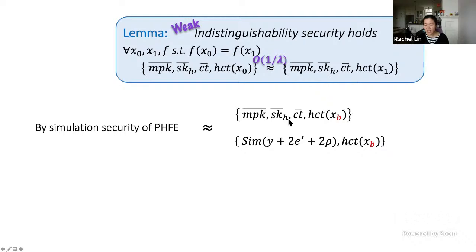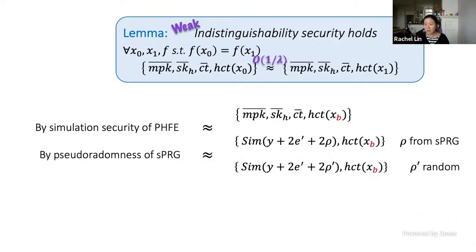public key, secret key, and the ciphertext all belong to the partially hiding FE. And it has a simulation security, so we can simulate these components using the output. The output computed by the partially hiding FE is exactly Y plus 2E prime plus 2 rho. And here in this distribution, rho is generated using the structure seed PRG. Then next, we can immediately use the structure seed PRG security to swap rho to truly random